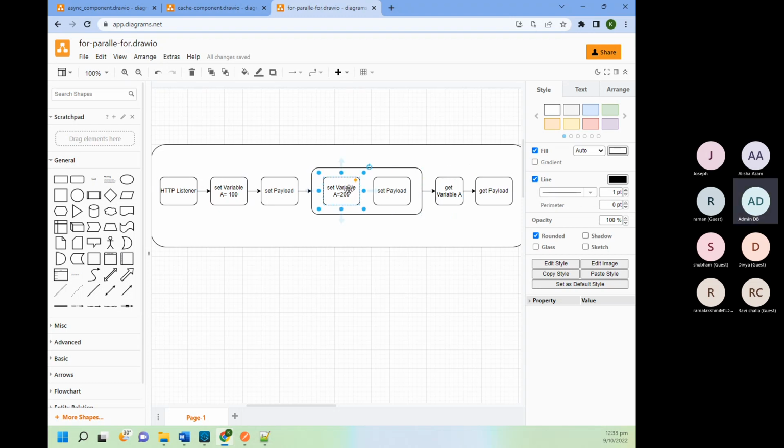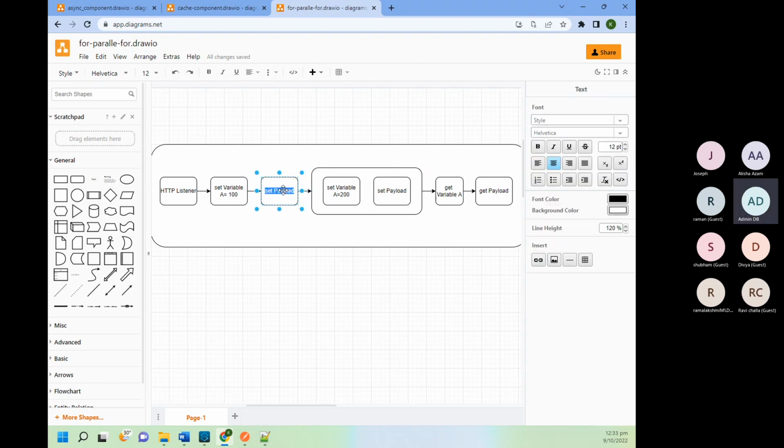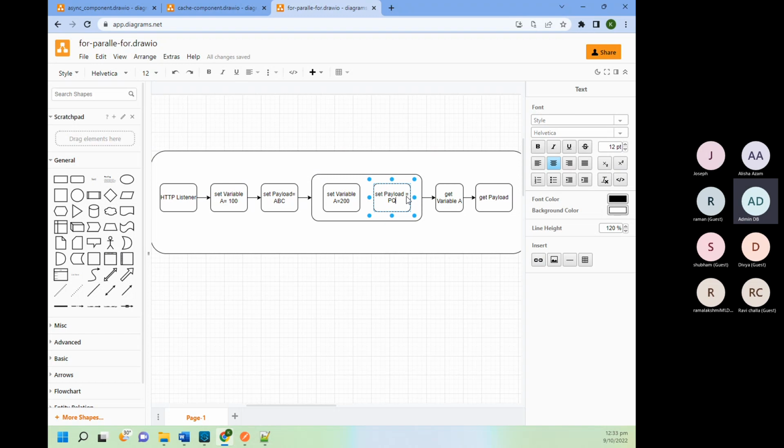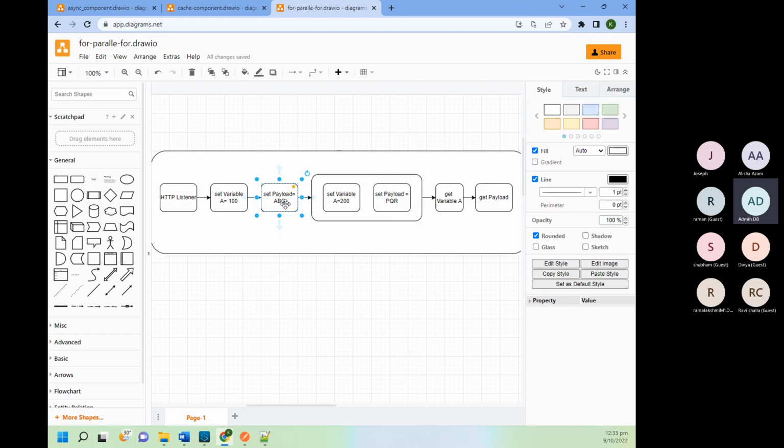Since we are updating this variable inside for each, if you update any variable inside for each, the value of that variable will change to whatever you have changed in this for each. So here the value of variable A will be 200. But here you set payload equal to abc, and here you are setting payload with pqr, and here you are trying to get the payload, then the value of this payload will be abc.